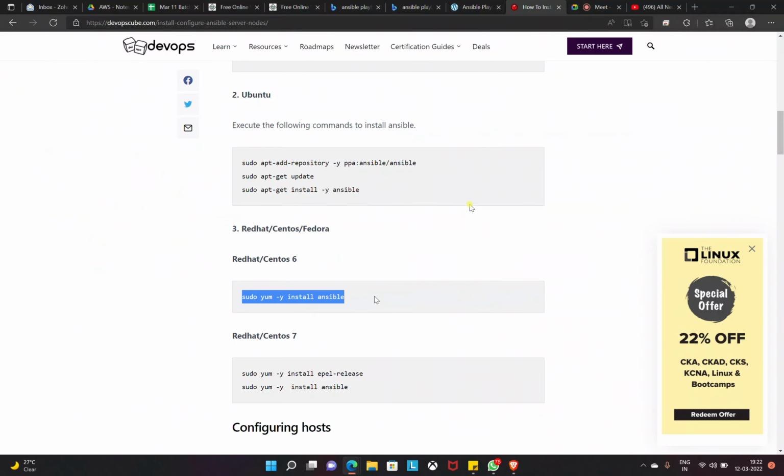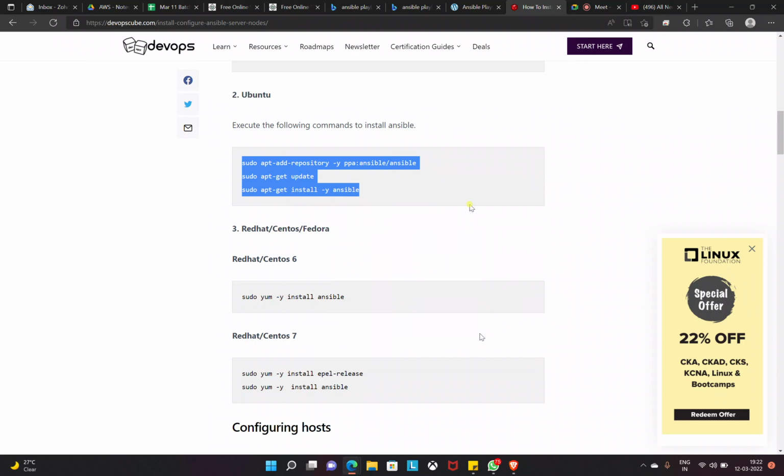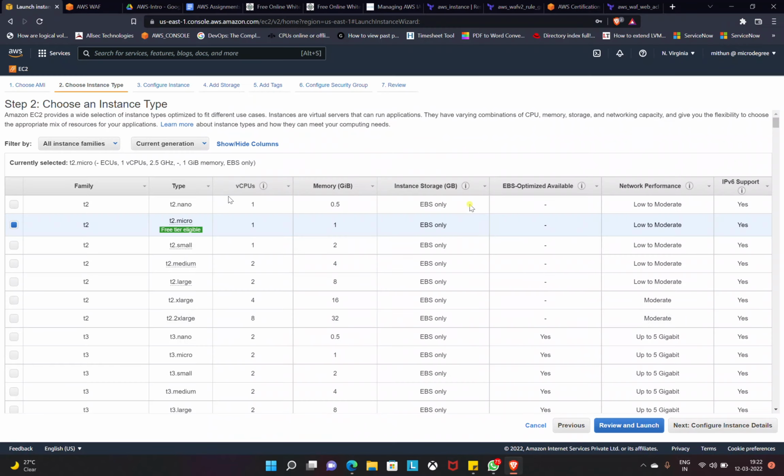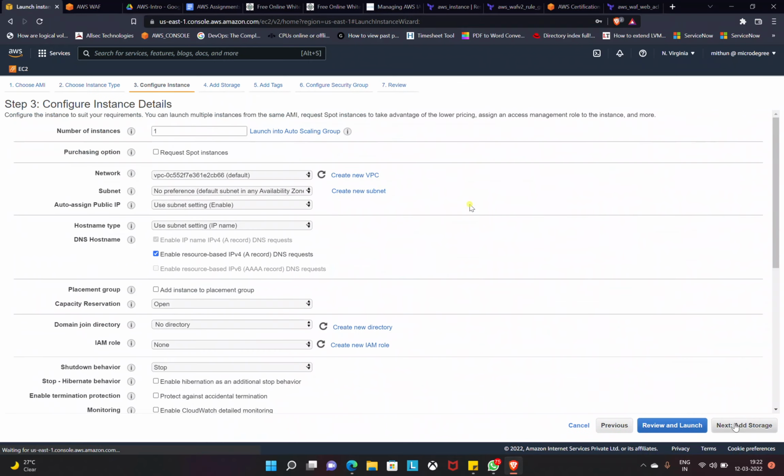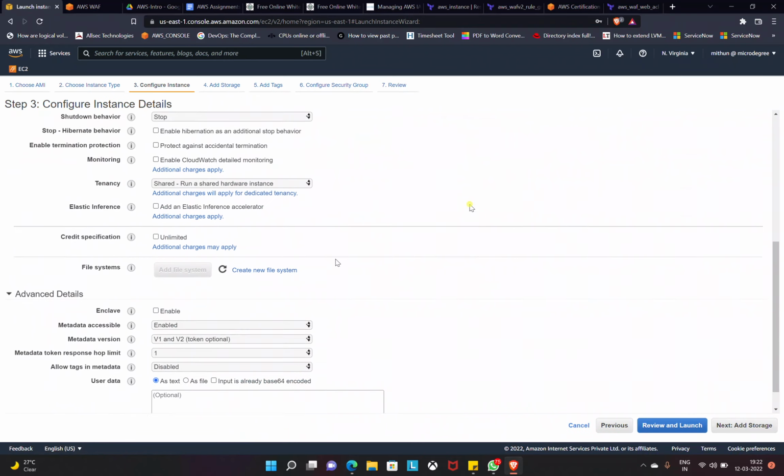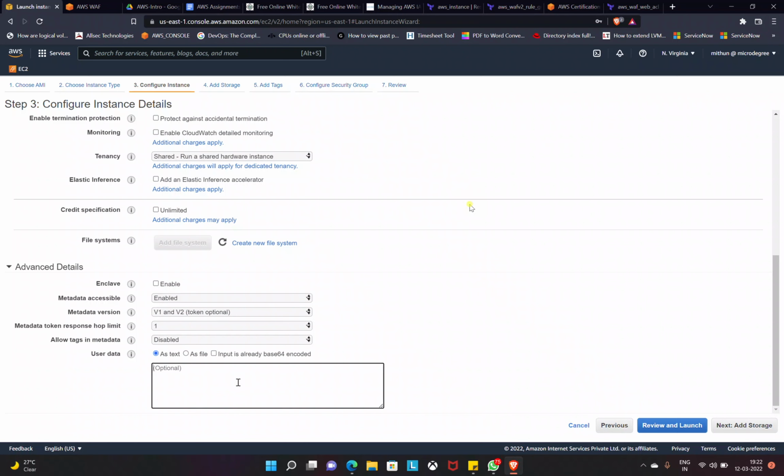And I'm going to pass the installation steps in the